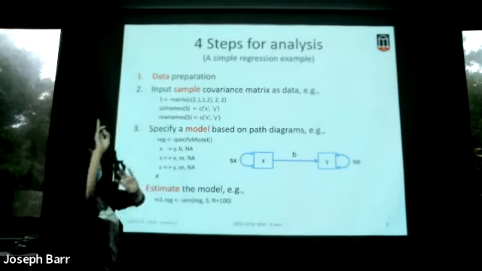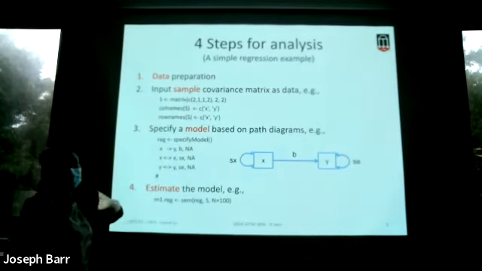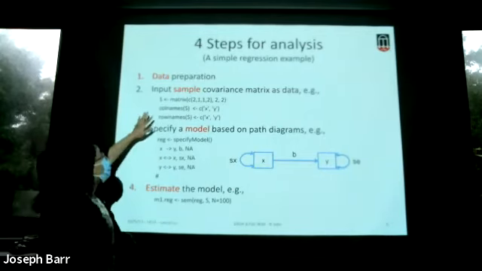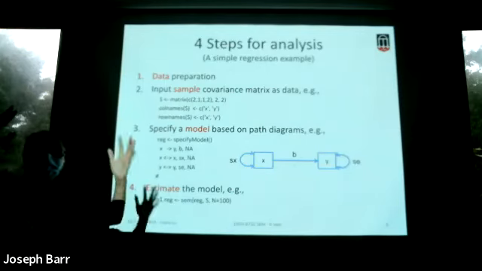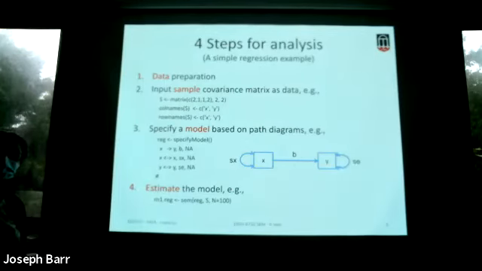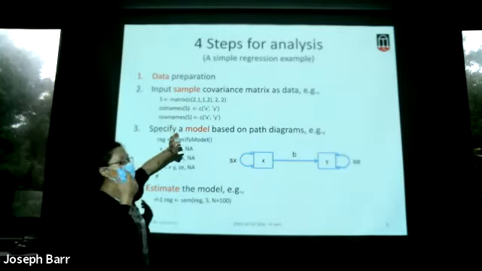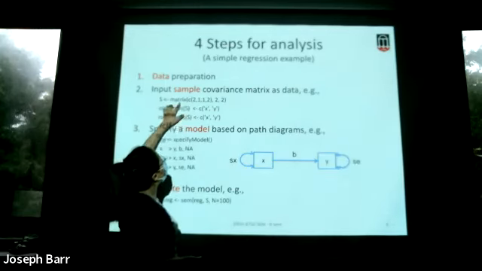You have 2 matrices. One is called the sample-based covariance matrix S. Okay, the other one is called a model-based covariance matrix, capital sigma. So this step is to prepare the sample covariance matrix. If you have your data ready, you can just immediately use a covariance matrix to calculate that matrix. If you don't have your data, so for example, if we just want to do the demonstration of the S, you can create the matrix like this.